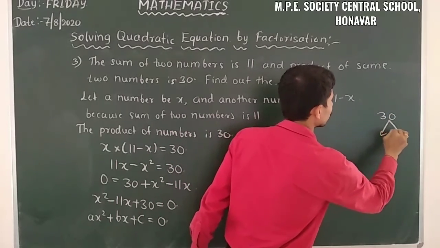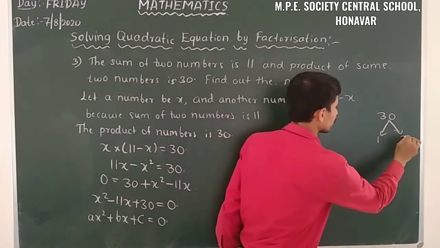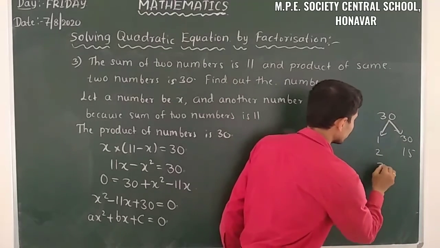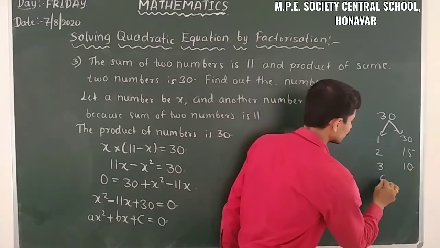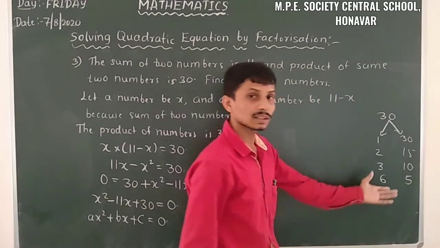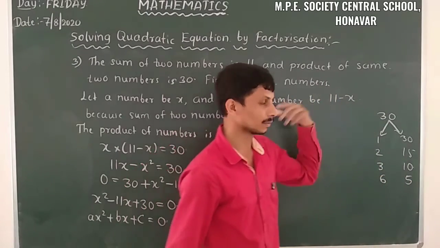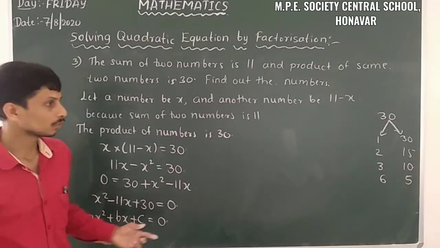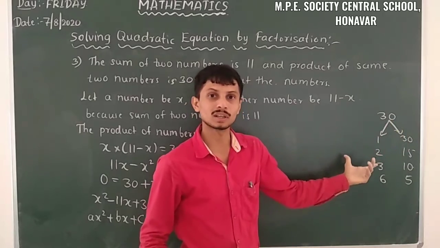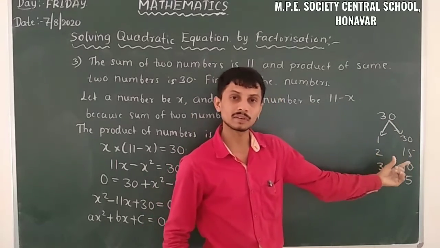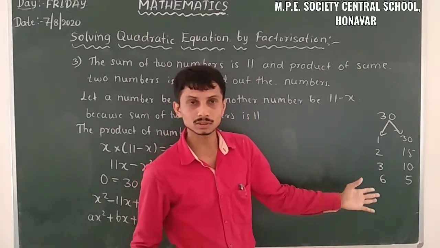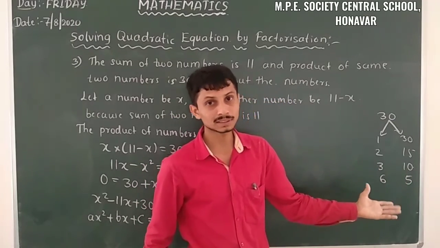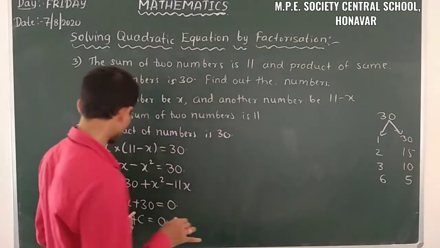So after that we have to find out the factorization. That is 1 into 30, then 2 into 15, also 3 into 10, and then 6 into 5. So those are the possibilities of factors of 30. Which one is possible here? So we want 11. When we are taking 1 plus 30, 31, and 29 is a possibility. And 2 plus 15 means 17, 2 minus 15 means 13. And 3 plus 10, 13, and 3 minus 10 means 7.